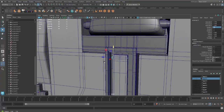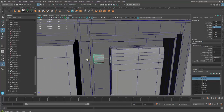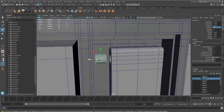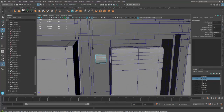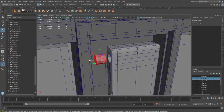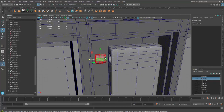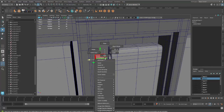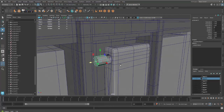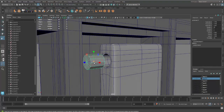Now, if I want this geometry to go completely inside on the two walls, I really don't need the ends on this. So this is a little strange, but I could just delete these ends. But it's a little easier for me to change some extrusions and do some things with it. So I'm going to leave it alone right now, but just realize later on I'm going to end up deleting those interior faces on each side there. So let me just scale it down just a tad bit more and then hit W, and right about there,